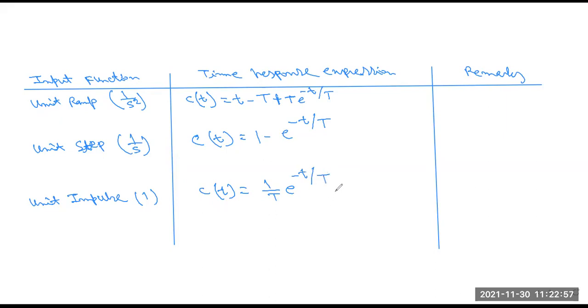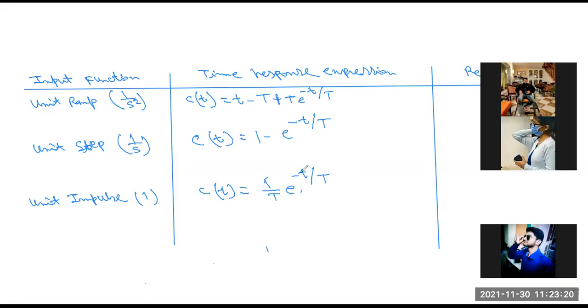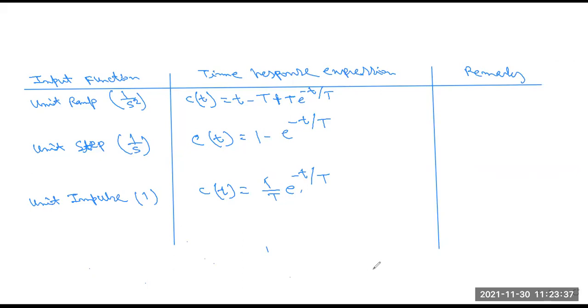So these are the outputs of the time response analysis of different functions: unit step function, unit ramp function, and unit impulse function. Now you have to remember this to this and this to this, that means ramp to step and step to impulse. You have to follow this. These are basically differentiations. When you differentiate these equations with respect to time, you get one from the other, this one to this one and this one to this one. Okay, so what remarks come out?